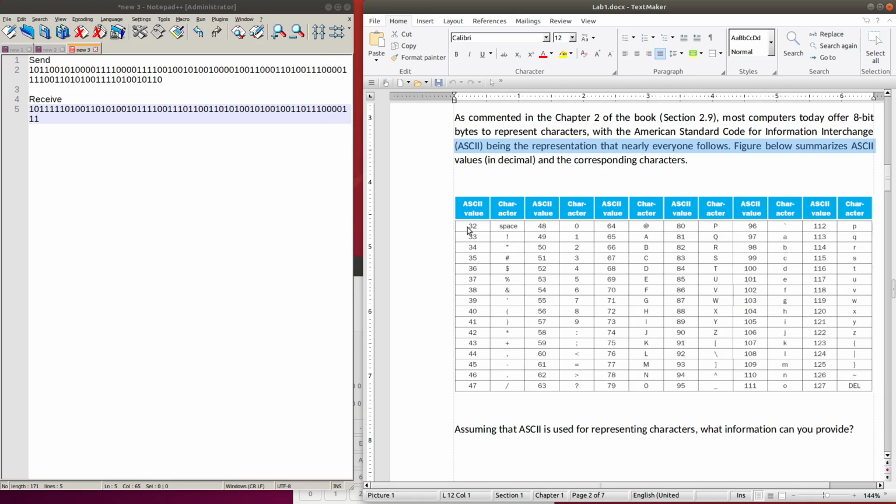127, and so the ASCII table uses 8 bits or 1 byte to encode a character. For example, you can see that in the ASCII table, if the value is 32 in decimal, it will be the space character. If it is the value of 65, it will be a capital A. And so we know that ASCII uses 8 bits each, so we need to divide the data into 8 bits.